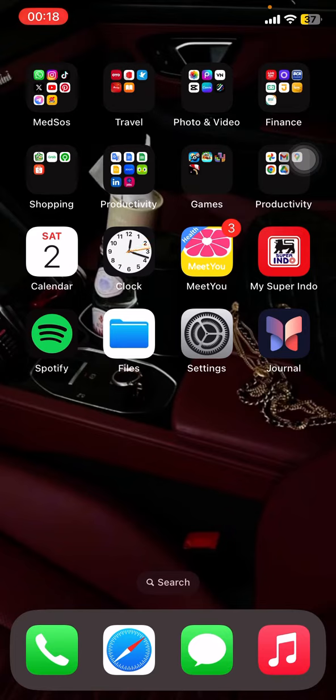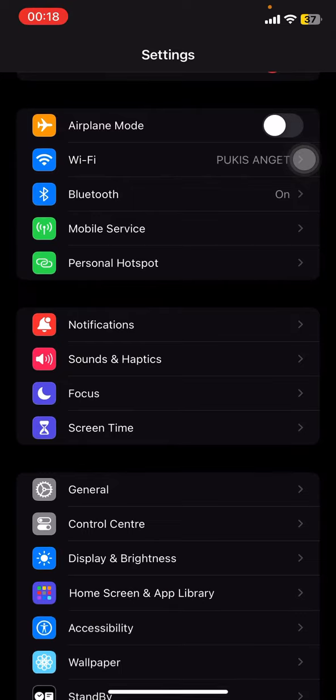In this video I would like to show you how to automatically upload your photos to iCloud so that you can delete them and save storage on your iPhone device. To do that, you just need to open the settings, and right after that